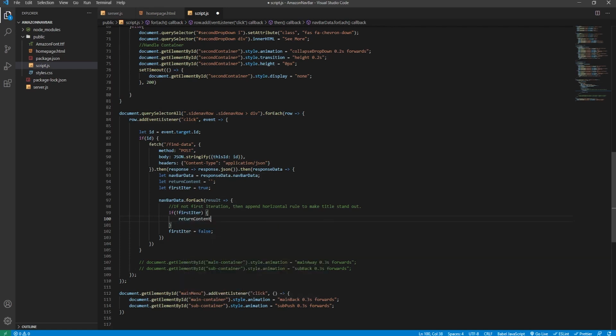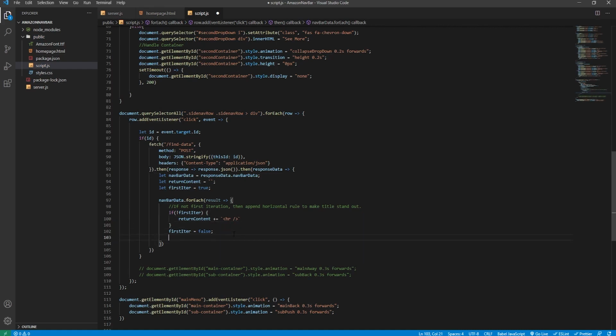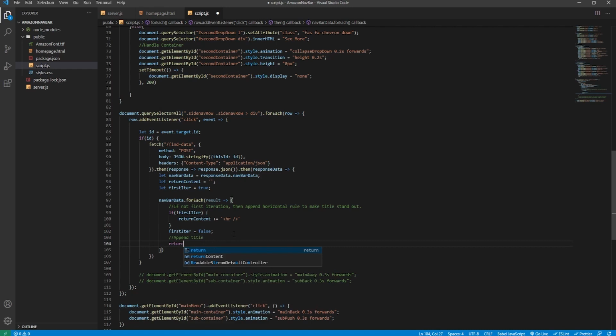We'll say return content, and then we will append this text. We'll append a horizontal rule. This is how we can get the horizontal rule to appear below all the content of the first header. So below the boolean, we will create a new comment called append title, and we will say return content